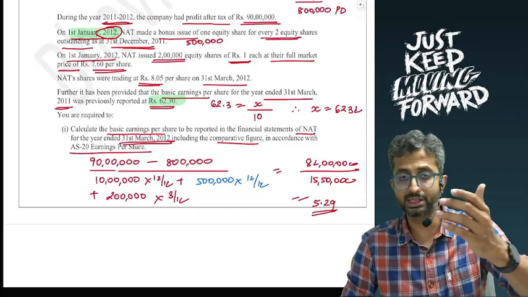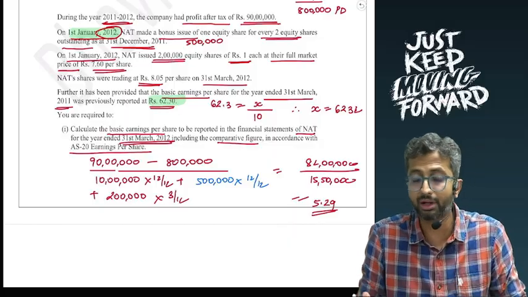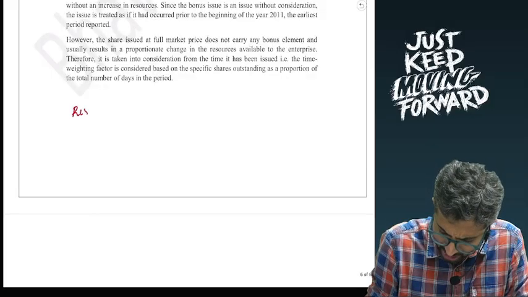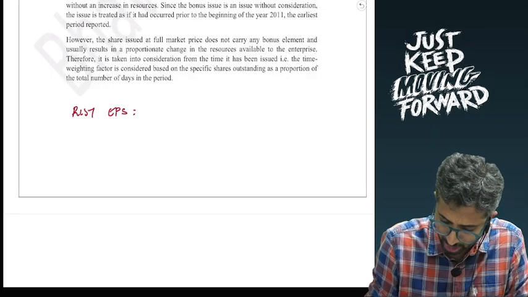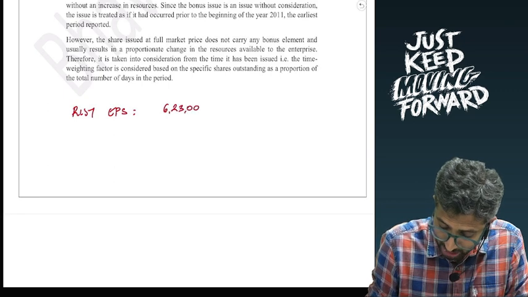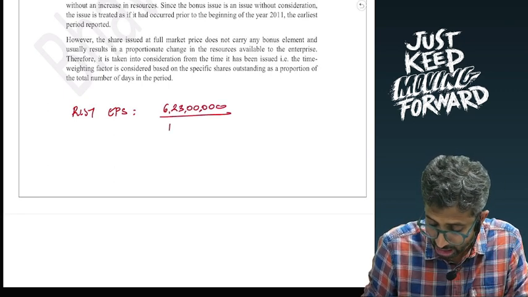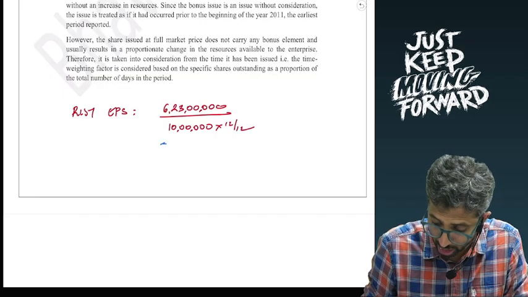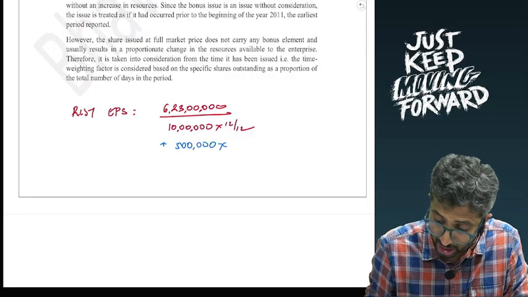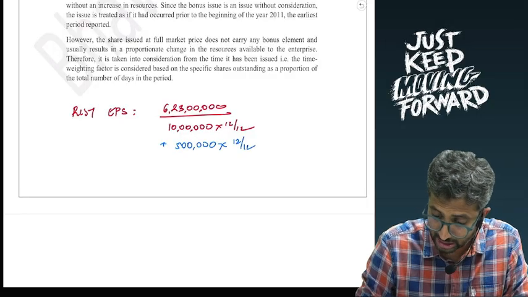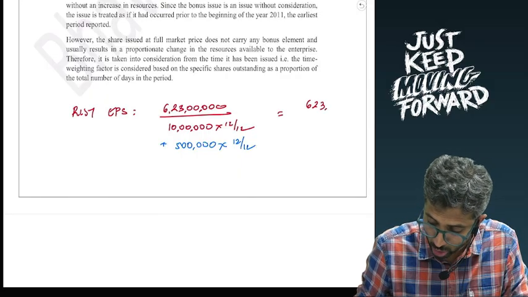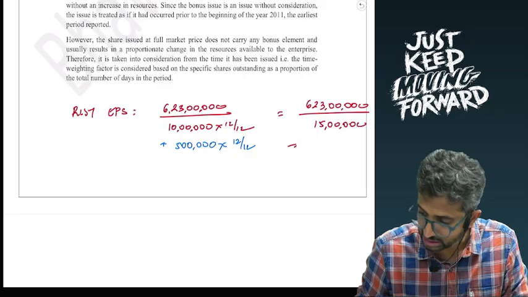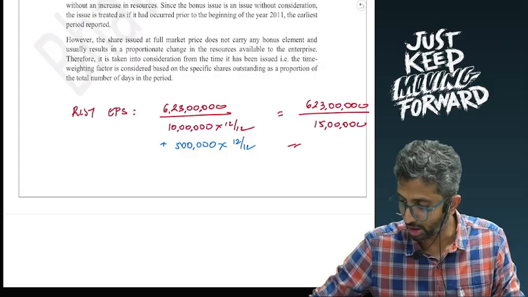Now 6 crore 23 lakhs is a profit. In the last year there is no change in profit. However, if I prepare the restated EPS, let's say the reported EPS in the last year has gone at 62.3. However, now 6 crore 23 lakhs, that is a profit attributable to the equity shareholders, upon 10 lakhs into 12 by 12. However, the bonus shares are also assumed to be in existence from the earliest reported date. So I will retrospectively restate and say that this is existence for the entire year. So this is 6 crore 23 lakhs divided by, for example, 15 lakhs. And as a result, 6 crore 23 divided by 15 will come to